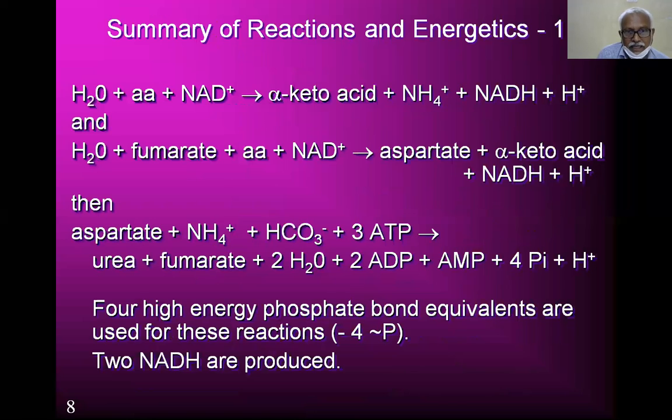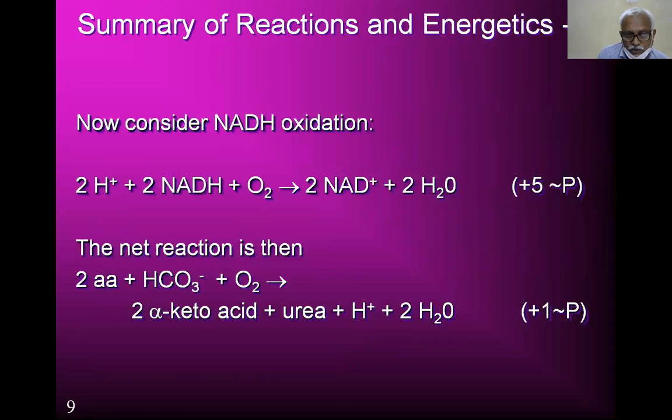For high energy, the reactions and energetics are most important. All of you have written very nicely, so I need not tell this. Four high energy phosphate bond equivalents are used for the reactions. 2 NADH are produced. So the net reaction is